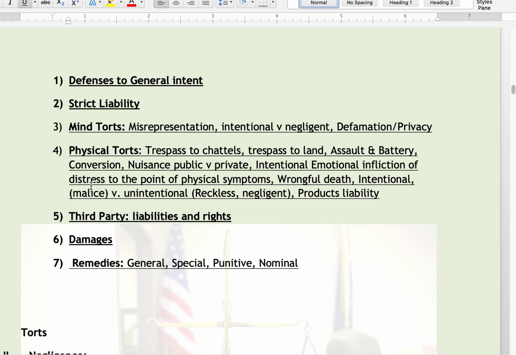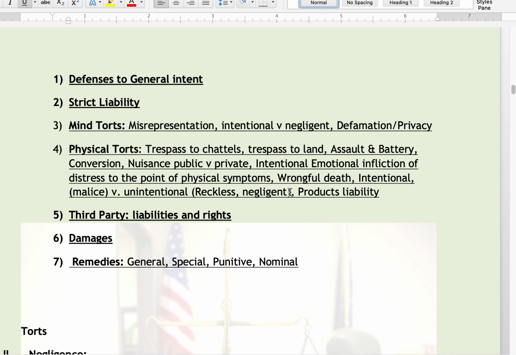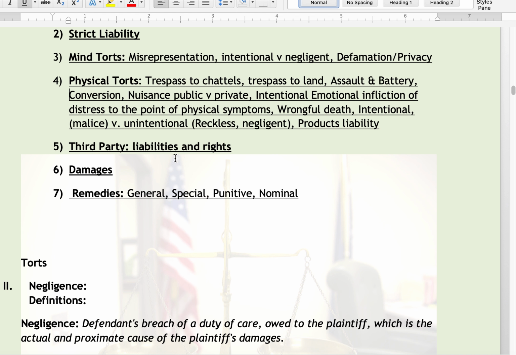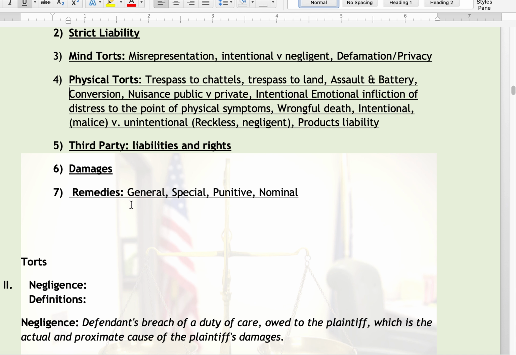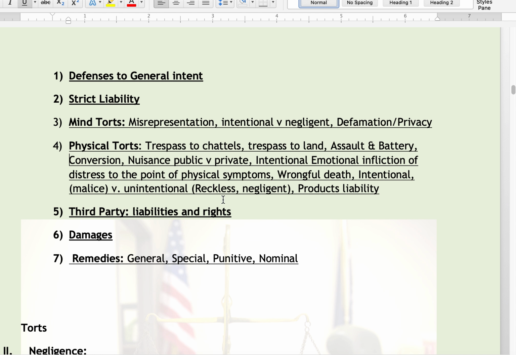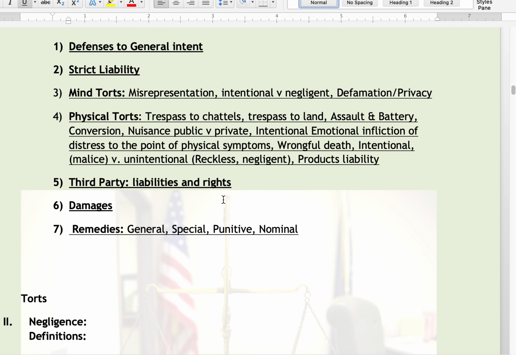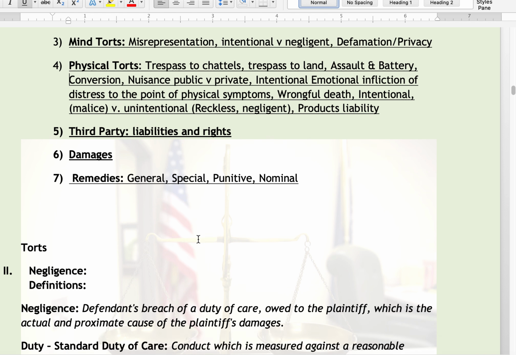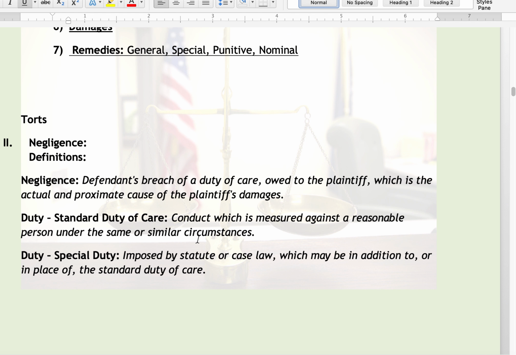Wrongful death, intentional, malice, unintentional, reckless, negligent, products liability, third-party liabilities and rights, damages, and remedies. So this is another idea if you want to just go even smaller and just have seven points. But anyway, so for torts,